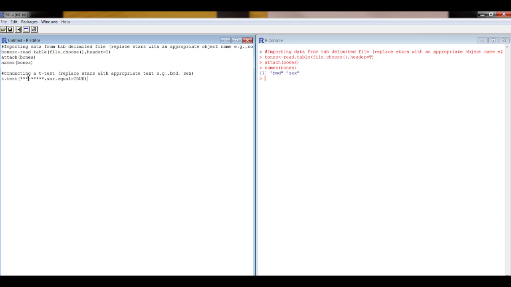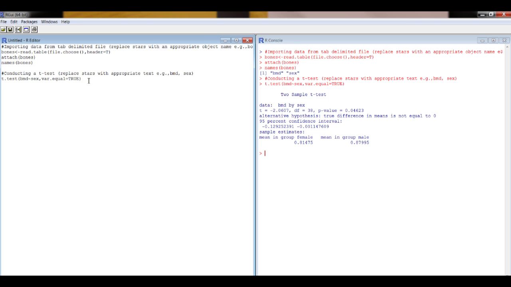Let's go to our second bit of code. This actually does the test. We need the dependent variable on the left of this squiggly line. And I got the exact text from here. That's to use the same lowercase and uppercase letters. Then on the other side you want the independent variable, in this case sex, and then we're ready to just run that code,